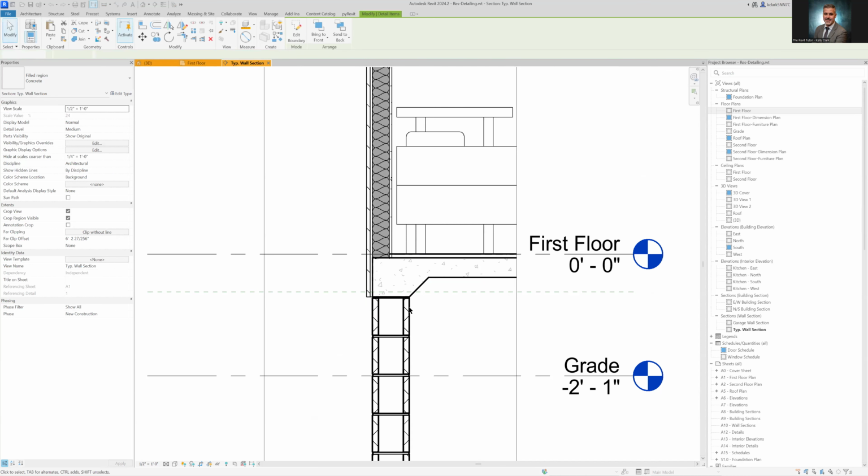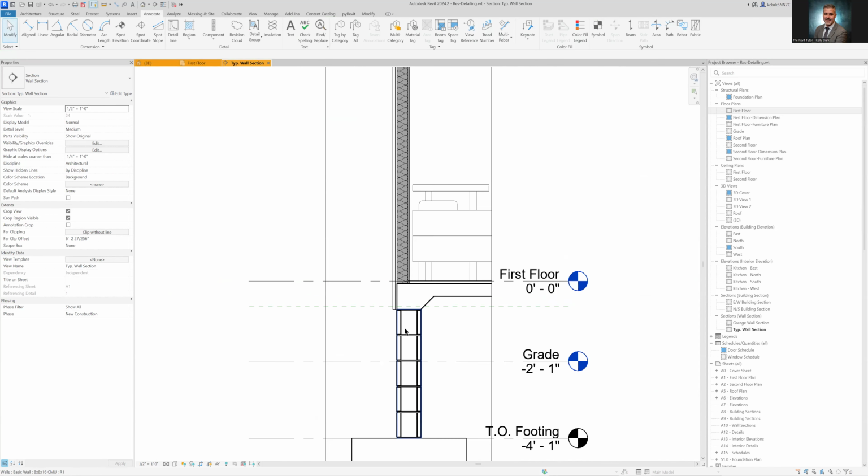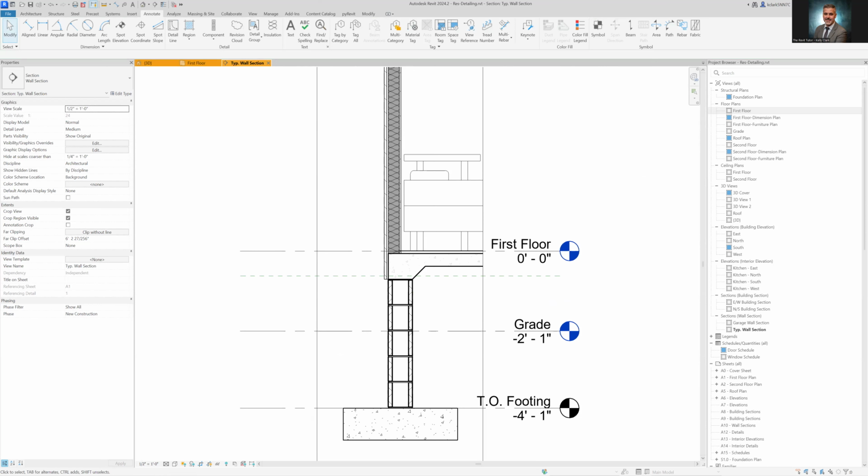And say okay. All right, I'm happy with that. That looks fine. Okay, so that gives us the concrete turned down. We've got it stacked on top of these CMUs, and that's working out for us pretty good. All right, so the next thing that we want to do in here is we would need things like